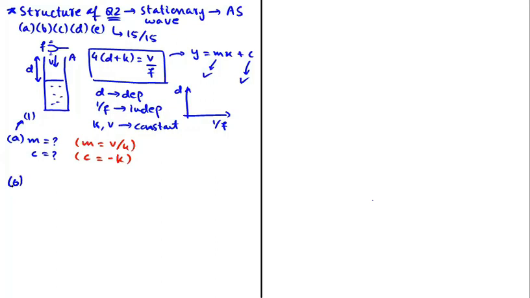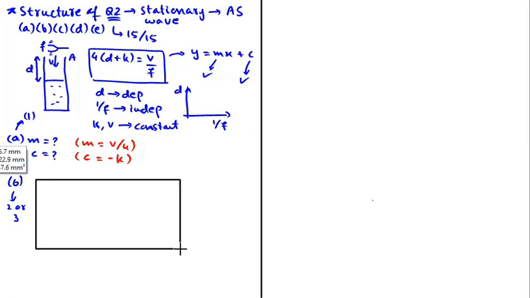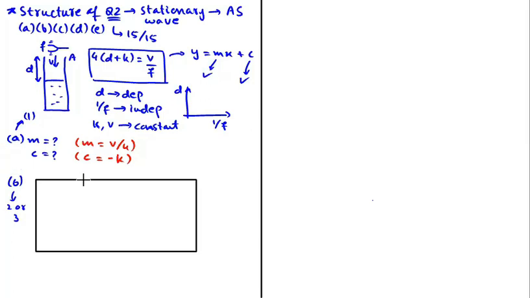Next part is part B, and this part usually carries 2 or 3 marks. Students, in part B of graph question, we are always given an incomplete table and we are asked to fill it out. So in this graph question, we have been given a table of 3 columns. The first column has 6 values of f, where f is the frequency of this tuning fork expressed in hertz. So first value of f is 320 and the last value of f is 512.